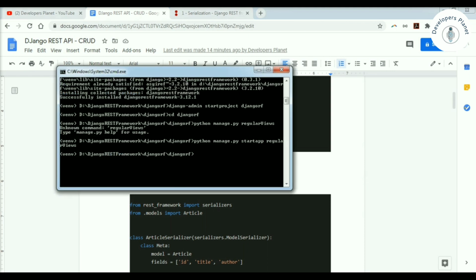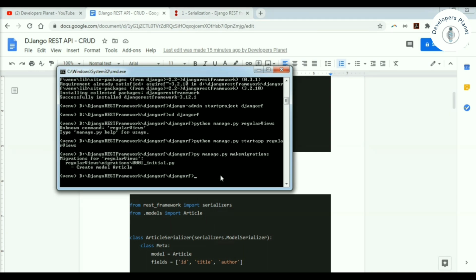Now we will do the migration, and we'll create a super user also. Instead of python, we can use py as well. py manage.py makemigrations. So it will create our article model's migration. Yes, it's created a file as well.